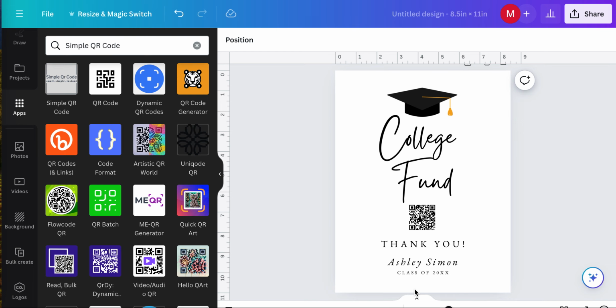Code, what you can do is you can go into Canva, and along the right side, if you scroll down, you will see apps. From the apps, if you click on that and you put in just QR code or simple QR code, you'll get a bunch of different options to be able to create a QR code. I'm just going to choose the QR code. And so what you do is you click on that,